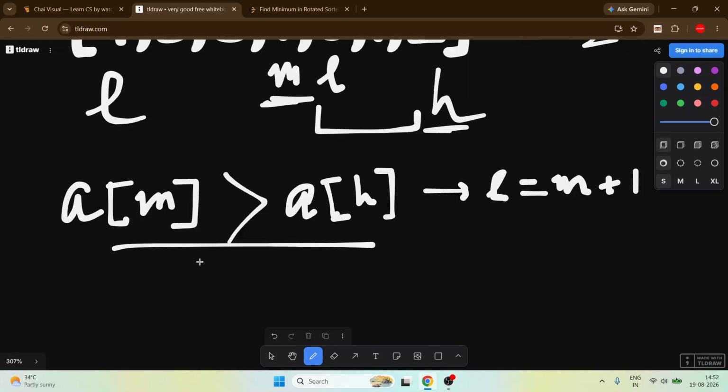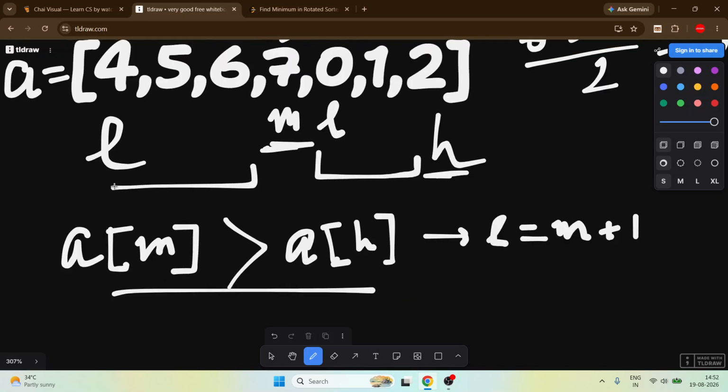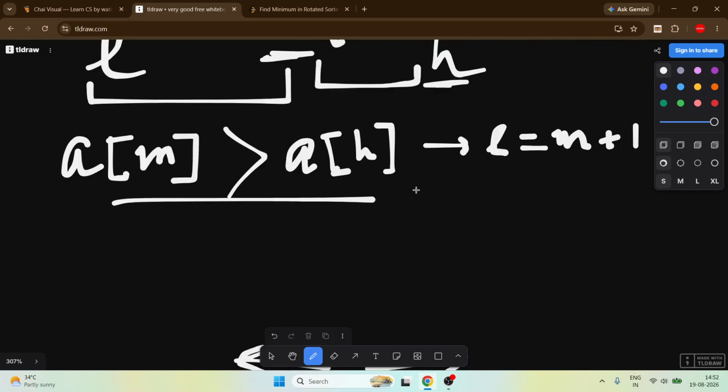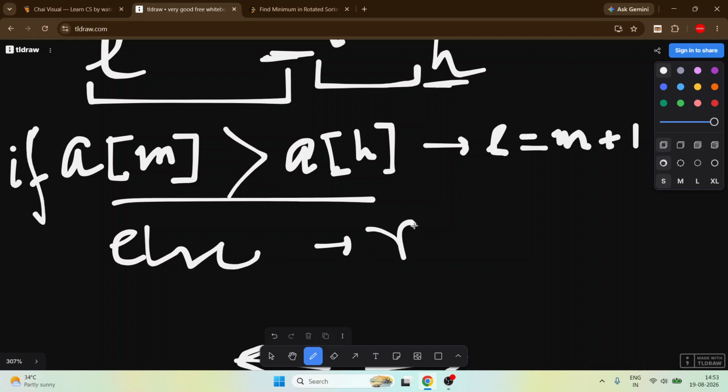Simple. And what if this condition doesn't occur? We have to search in this portion. In the else case, like this is the if case, for the else case we perform high equal to mid, not mid minus 1.